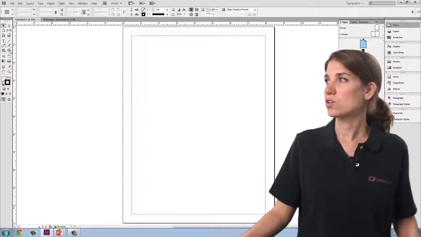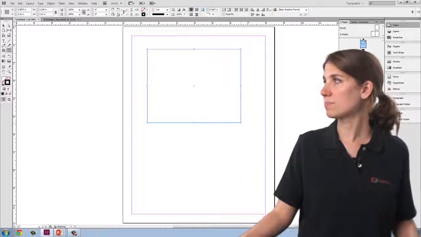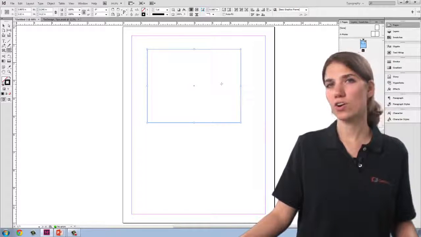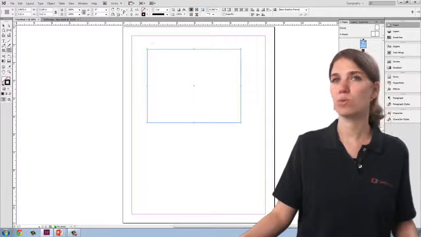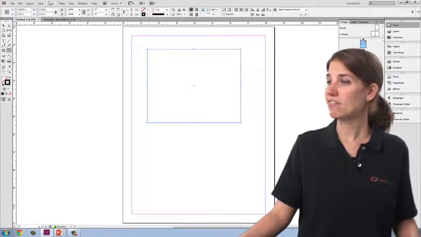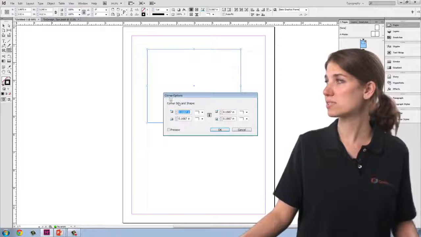One last thing to show you quickly about frames is that once I draw a frame, I can add different corner options to the frame itself. So if I want rounded corners or more decorative corners, if I go up to Object and select Corner Options,